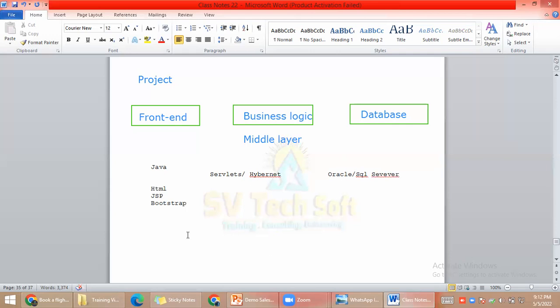At that time, only one technology came into market. What is that technology? That is Salesforce. If you do any project on Salesforce, no need to take a separate UI to build your front end. No need to take any separate business logic. No need to take any separate database. Everything is included within Salesforce. That is the reason Salesforce is in more and more demand in the market. Clear? That is what we will discuss now.